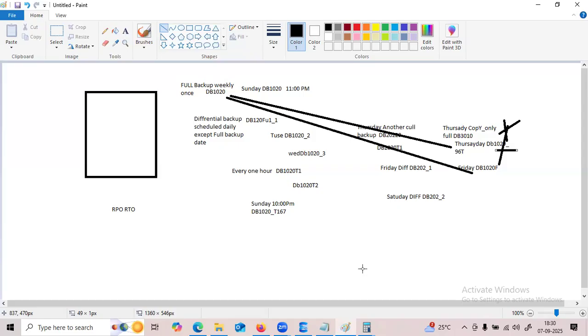If I provide the Sunday full backup, we are going to lose the Monday, Tuesday, Wednesday, Thursday data. To avoid that, on Thursday we take a copy only full backup. It takes an exact copy of that particular current state, so it provides the full backup.